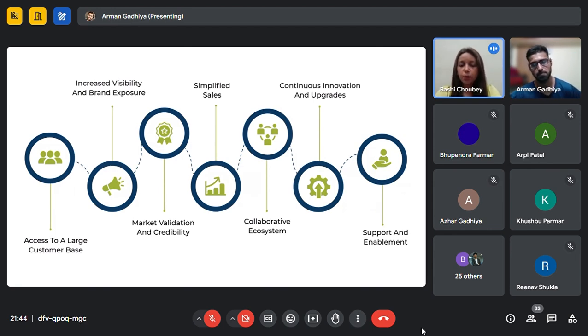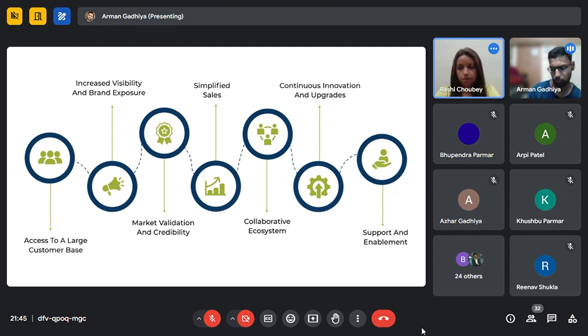And the last one is support and enablement. This is the best feature that AppExchange provides to every person. If you publish your app through the AppExchange, you get support from the Salesforce side for whatever issue you face while publishing the app, and after publishing your application. You can directly reach out to Salesforce support and they will contact you as soon as possible and resolve your issues. In that way, you are not going to be stuck anywhere. These are the large benefits that Salesforce provides to their customers.